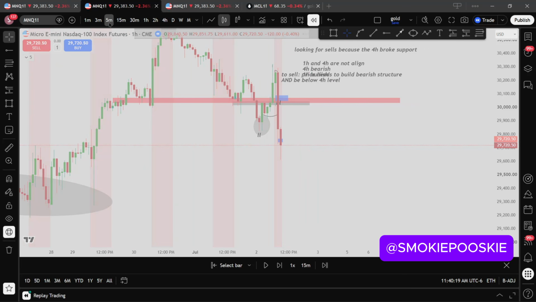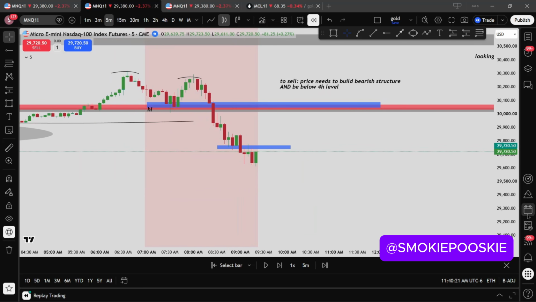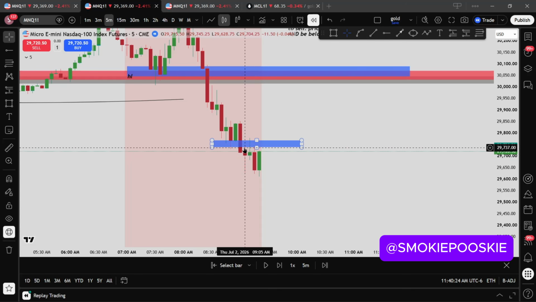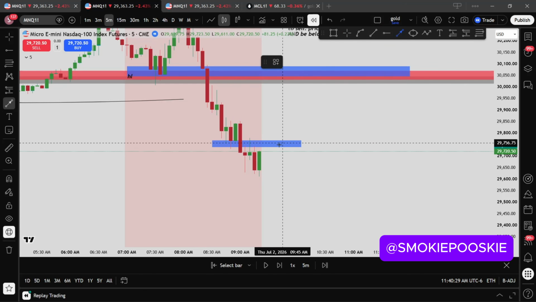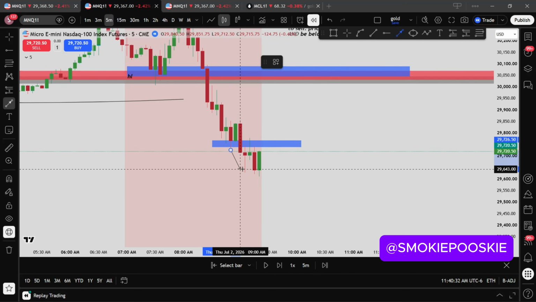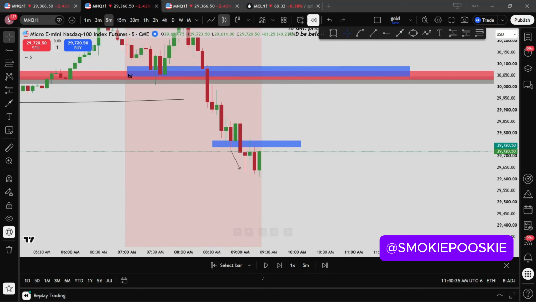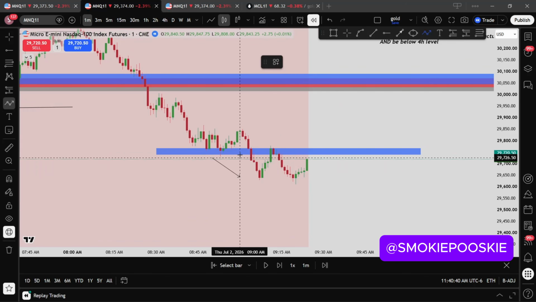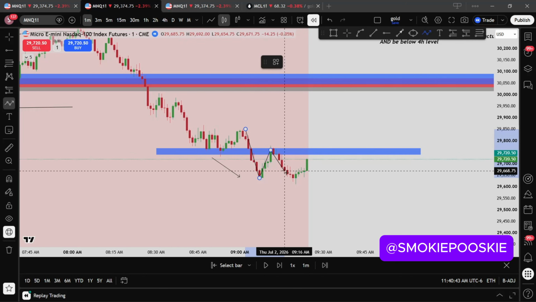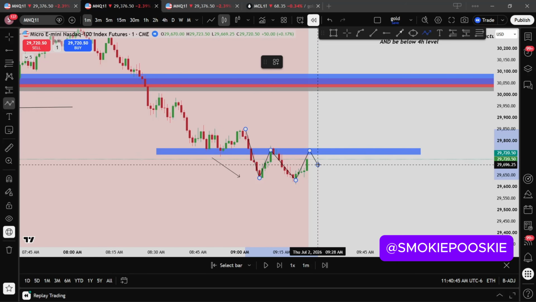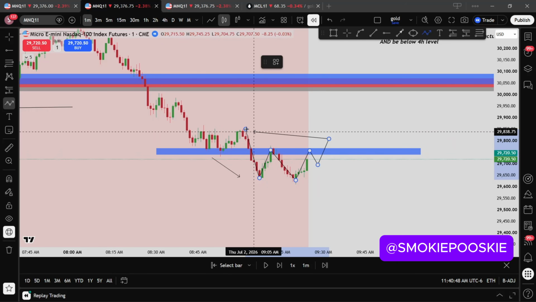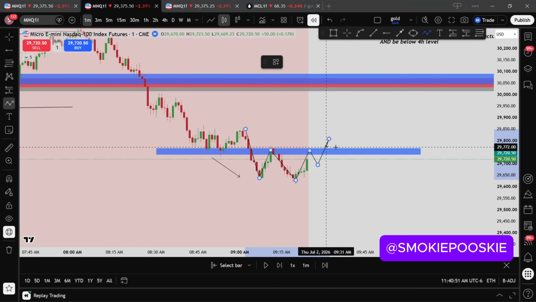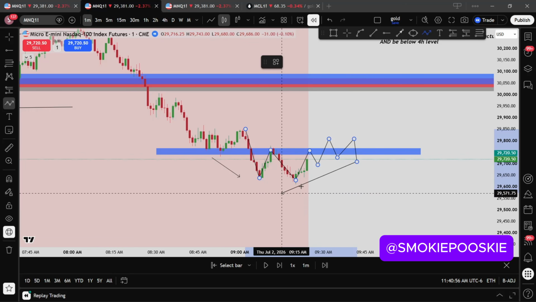But my entry came a little later, and so I saw that on the 5-minute time frame we had this break of structure right here. We have a mini indication, right? So a mini ICC, mini indication below this level, and then I went to the 1-hour time frame and saw, right? We're building bearish structure, so that's indication. Anything that's bullish on the 1-minute time frame is going to be correction for my 5-minute time frame. And then once it starts building that bearish structure and we're under this blue level again, same exact logic